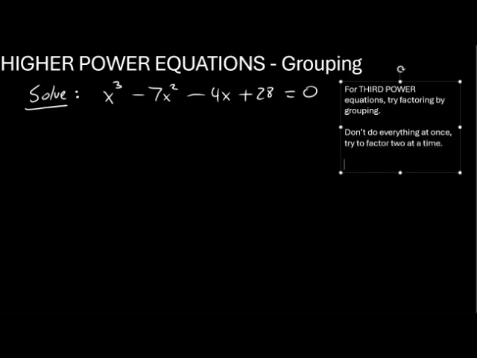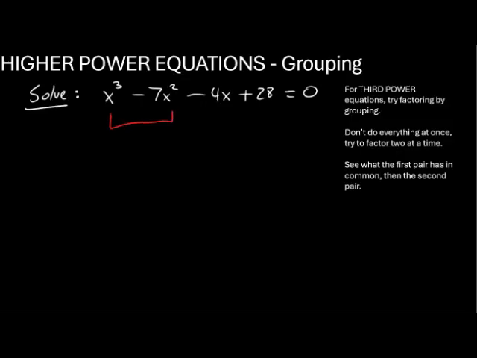What we'll do is look at the first pair of terms and see what they have in common. Then we'll look at the second pair of terms and see what they have in common. We will first concentrate on the x to the third power minus 7x squared. We may notice that there is no number that divides them evenly, but there is a common power of x,